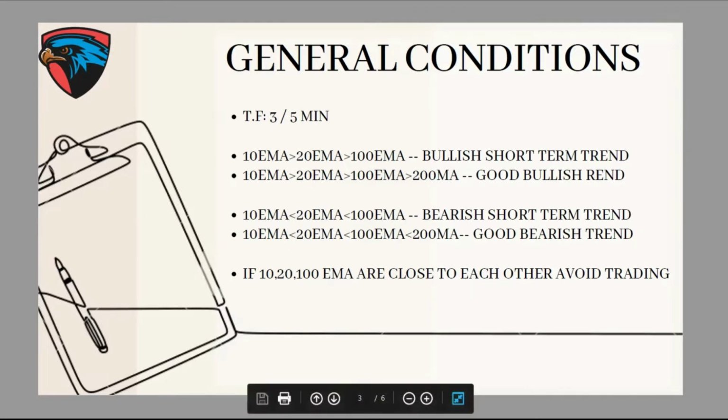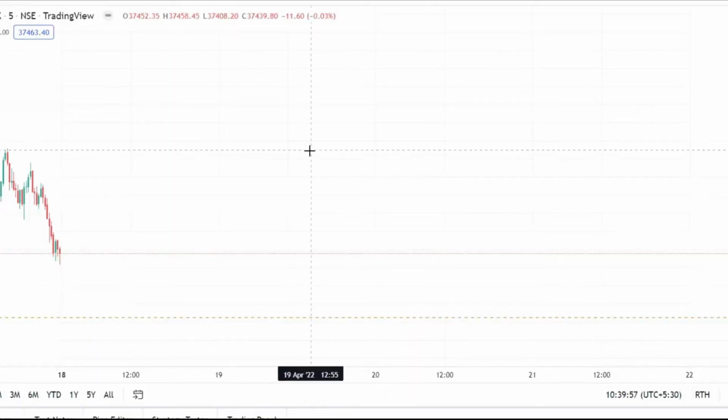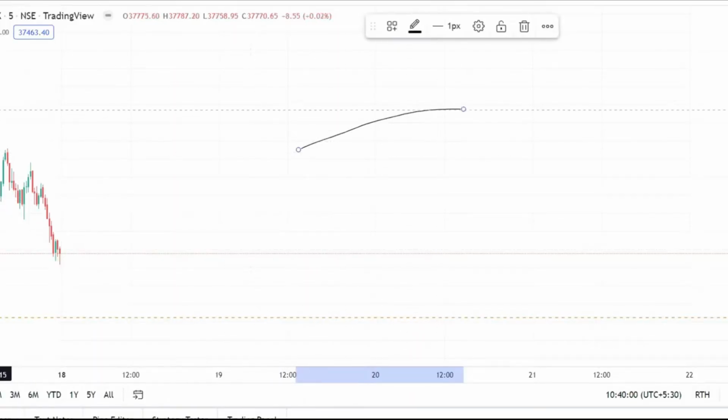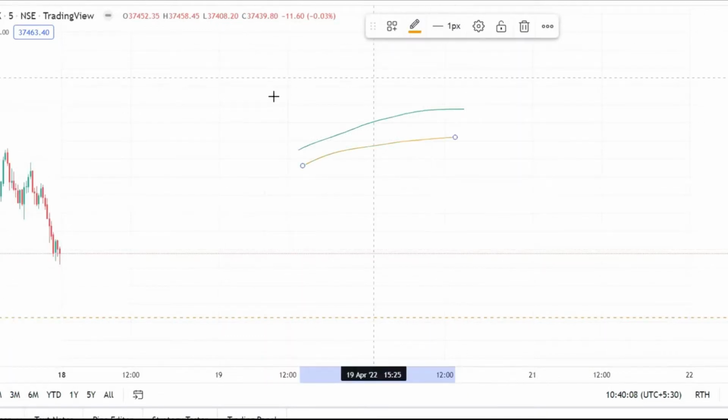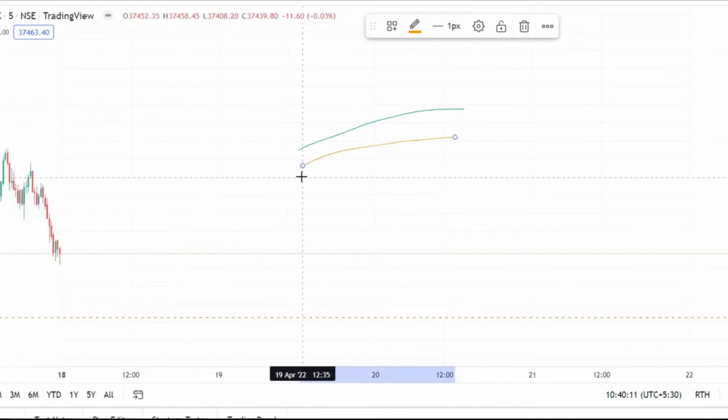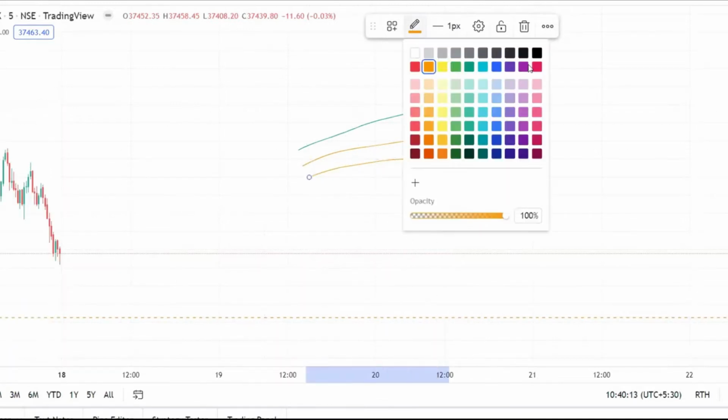So I will just take you to the chart. Let me draw. This is the 10 exponential moving average. We will mark it with green. Then this is 20. We will mark it with orange. Then this is 100. We will mark it with